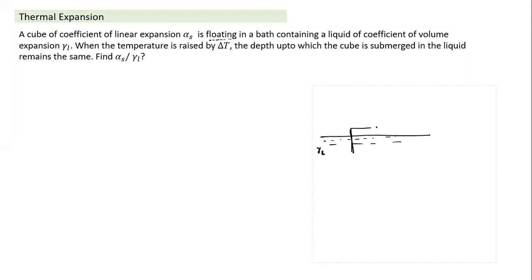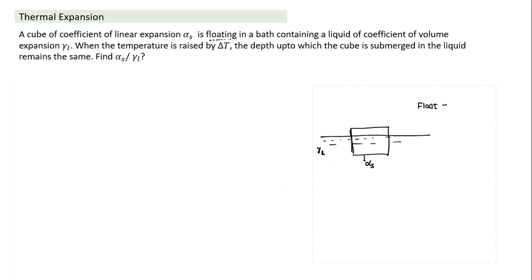In the side view, the cube is floating, and it has equal dimension perpendicular to the plane of the figure. This cube has a coefficient of linear expansion alpha s and a certain density. So what will happen here? Moment we come across the word float,